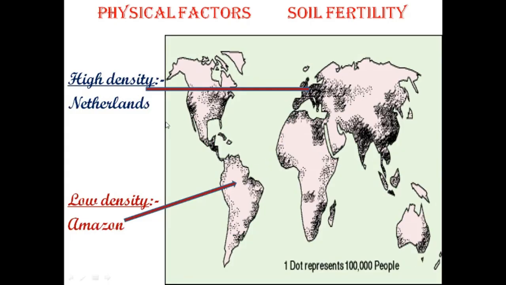Now come to the world map. We would like to see the areas which are highly populated due to soil fertility and which are less populated due to less fertility of soil, or you can say that due to barren land. I have given the example of Netherlands in high density of population. Here, because of soil fertility, it is a densely populated area, and less populated area or low density is found in